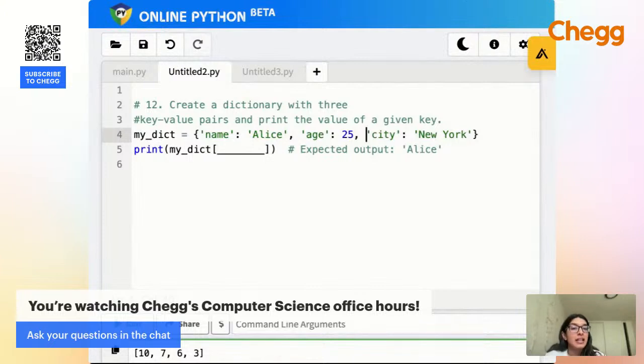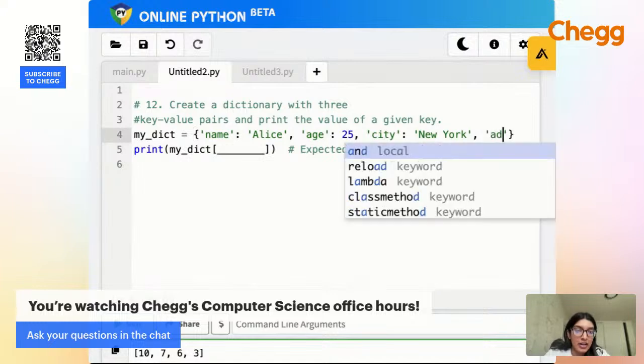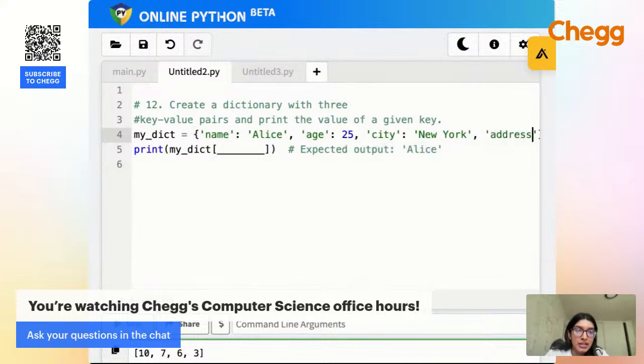Another interesting thing that's very important to note about dictionaries is that the data type can be different. In most objects, the data type has to be the same for organizational purposes, but in a dictionary, the objects can be different, and it's very, very useful in real life when you're working with data structures. So since we're defining our dictionary here, we have to think about how we would actually add, subtract, and index items from the dictionary. If we wanted to add, say, her address, we would do address,